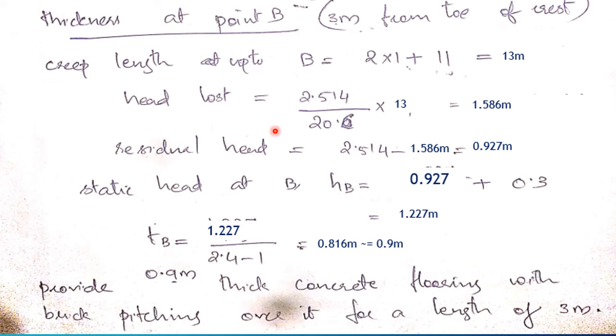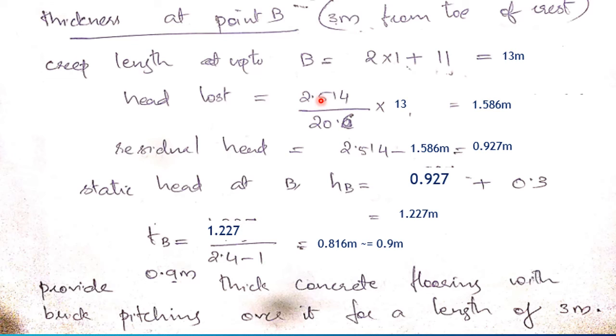Now thickness at point B, that is 3 meters from the toe of the crest. We have creep length up to B, that is equal to 2 into d1 plus length of floor up to B, that is 2 into 1 plus 11, that is equal to 13 meters. Now head lost up to B is equal to